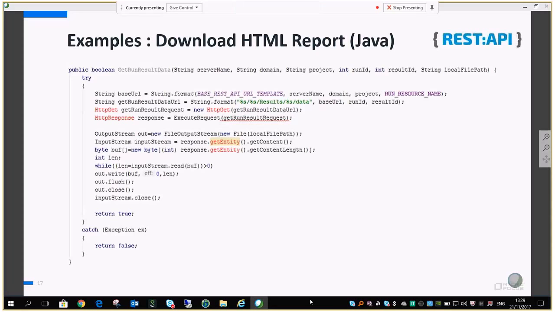Now you can use the API to iterate through all the results that are behind a certain run, and you can query its metadata to understand which result it is. So if you do that and you find the result that represents the HTML report for your run, you have its result ID. Now, once you have the result ID, you can compose